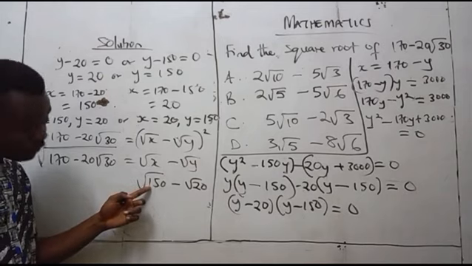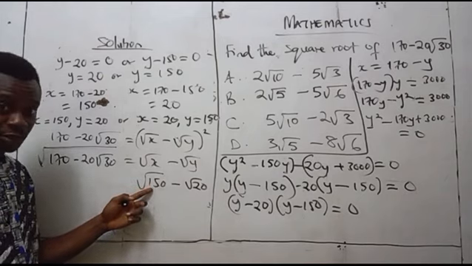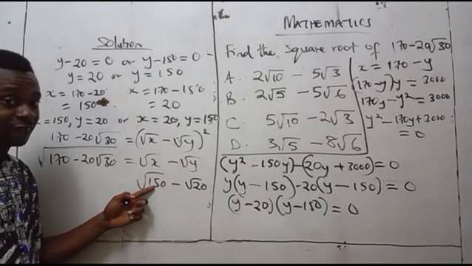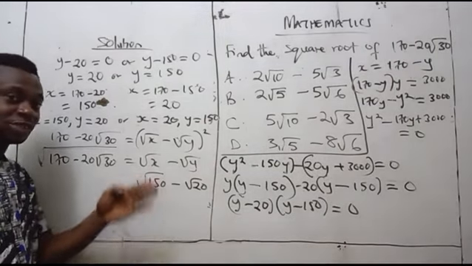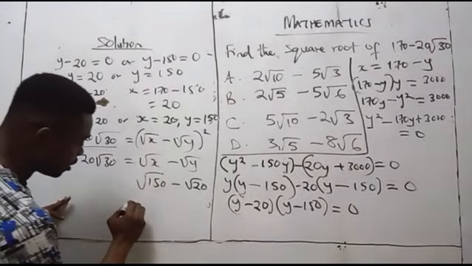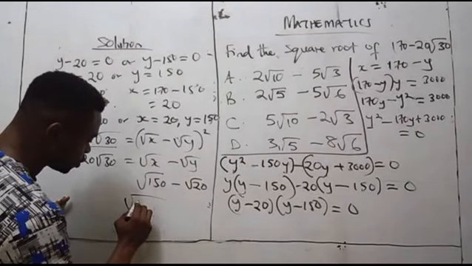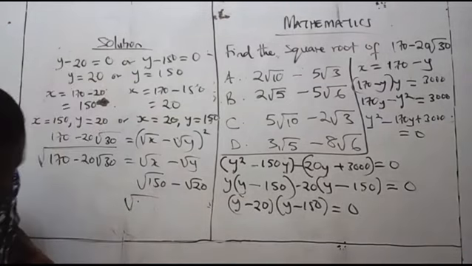Remember that 150 has factors. Factors of 150 we can break down here now is 6 and 25. Yes, 6 times 25 is 150, because 3 times 25 is 75. So 6 times 25 is 150. So we can break this down to form root